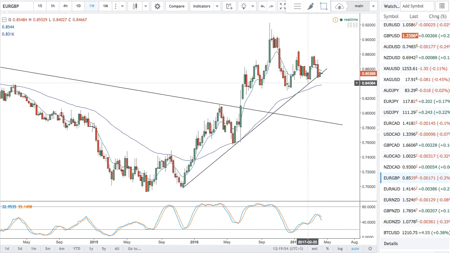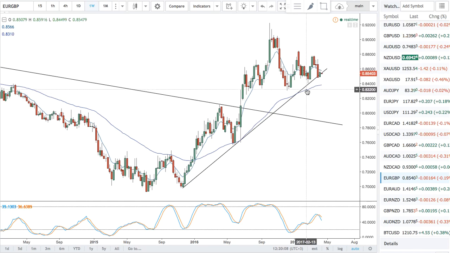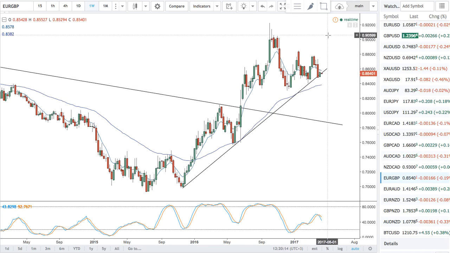So this one, in my opinion, is less likely to work out. I suggested on the weekend not to initiate a new position in this because it is between 2 possible poles. But as long as it's above support and generally within this region, there is a good case for another high to come, also because of expected pound weakness in the near term at least, and expected euro strength in certain pairs. So I do think this one is less likely to work out,